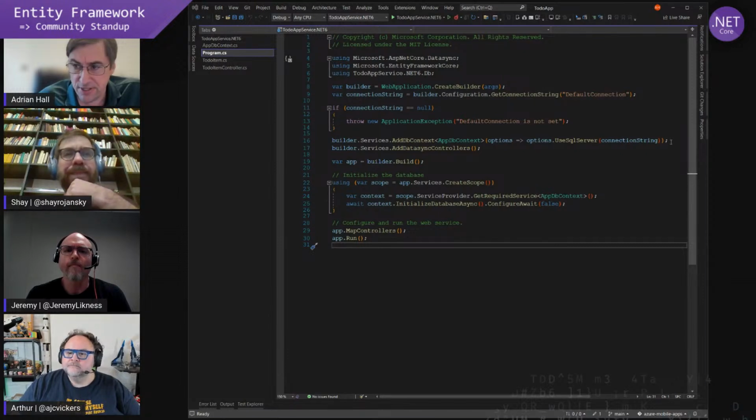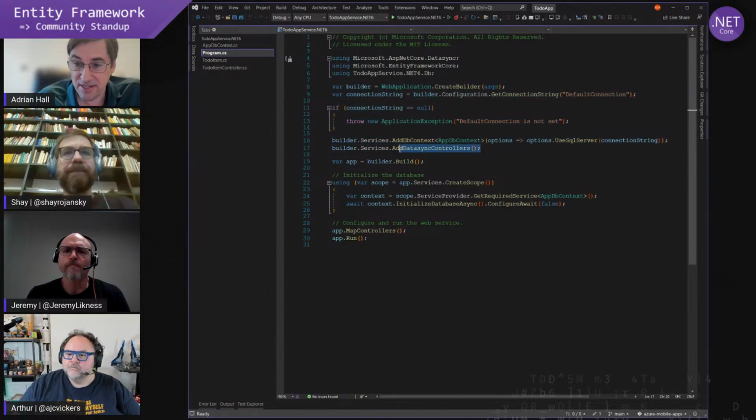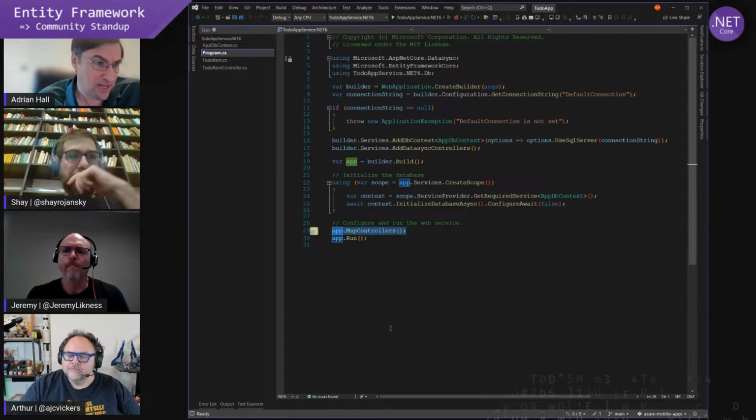If you look at this, this is just setting up Entity Framework Core. Nothing special. The only bit that we add is there's a line here that says add data sync controllers, and there's a line here that says map controllers. That's because the whole system is an MVC architecture, so you still have controllers. You can't use minimal APIs, unfortunately, with this.